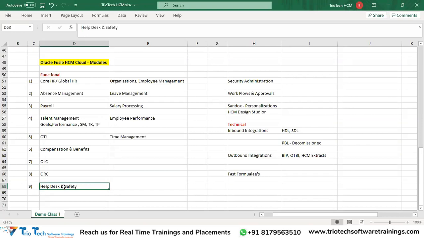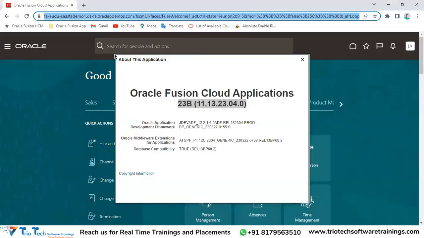To have internal communication across cross-functional teams, Oracle has given something called the help desk module. Then if you come to security administration,